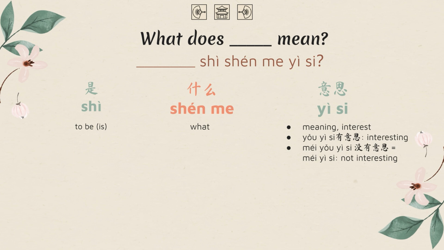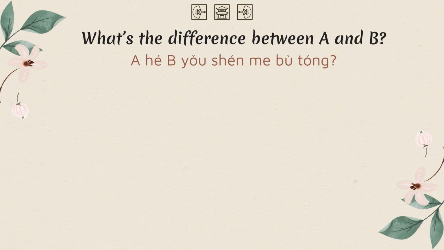When you're learning a language, you often come across words or phrases that are similar. In order to ask about the difference between two words, this sentence will come in handy. A 和 B 有什么不同 So 和 means and. We use 和 to connect a list of nouns. For example, I like apples and bananas. 我喜欢苹果和香蕉